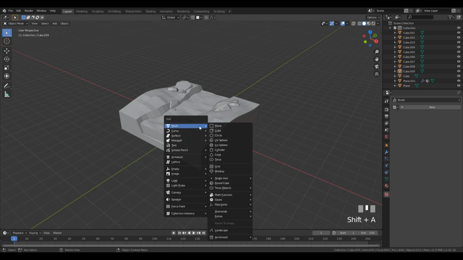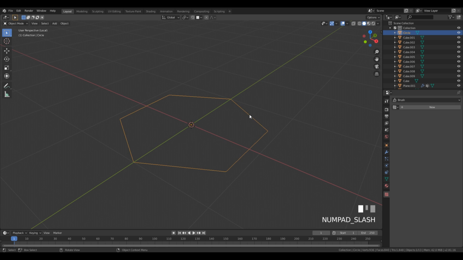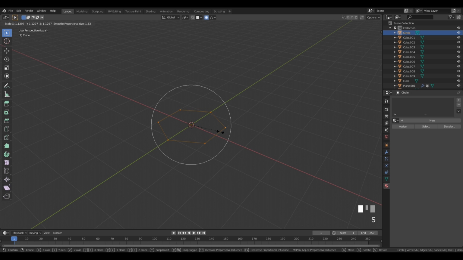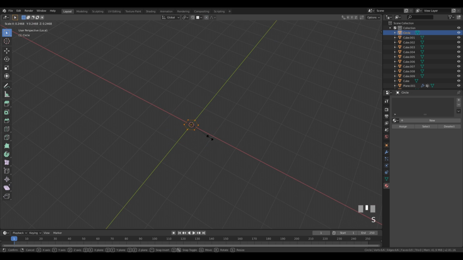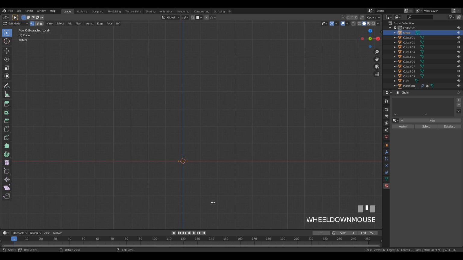So let's press Shift A and add a circle. Right now we can click this here and modify the vertices to 6. I want to have it only 6 sides, and right now we can press slash to isolate this. Let's turn off proportional editing. Right now we can scale this down, press F to fill, go to the front view,